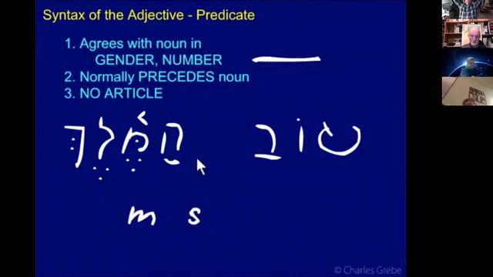And in fact, this one does not agree in definite status. This has the he, and this doesn't. So this could not be an attributive adjective. This couldn't be, because if it was attributive, it would have to agree in definite status. And so if you have HaMelech, you'd have to have HaTov. So the definite status doesn't tell us that it's definitely predicate, excuse the pun, but it does tell us it can't be attributive. And then we check the second point here. Normally the